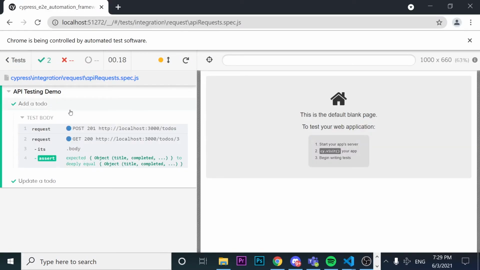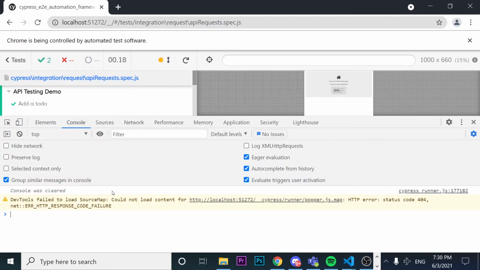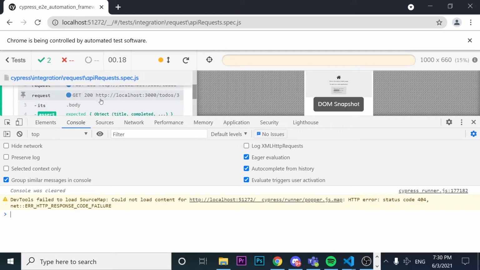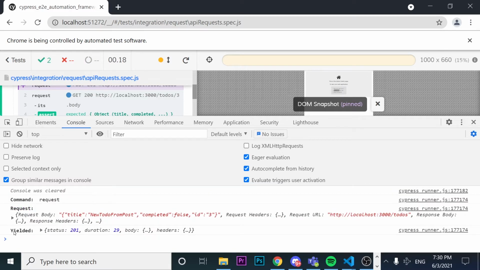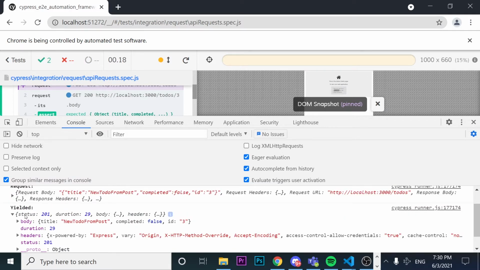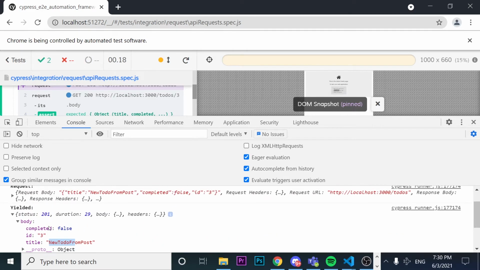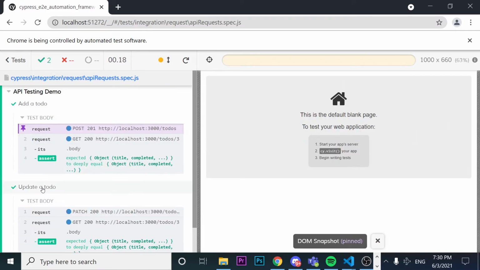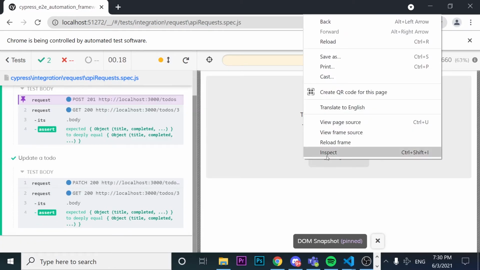And as you can see, the add to do method was performed correctly. If I inspect the console, probably the request was done correctly. And as you can see here in the yielded object, the body has a new to do with ID number 3, and the completed key was set to false. However, after I perform a patch in the update add to do method, right? If I come here and look for the console,